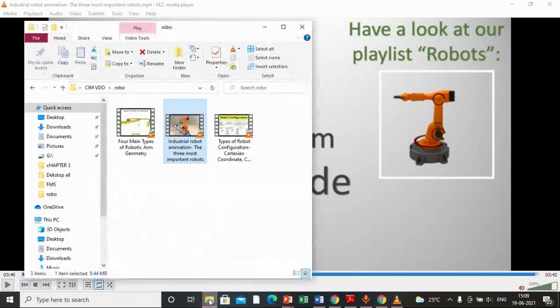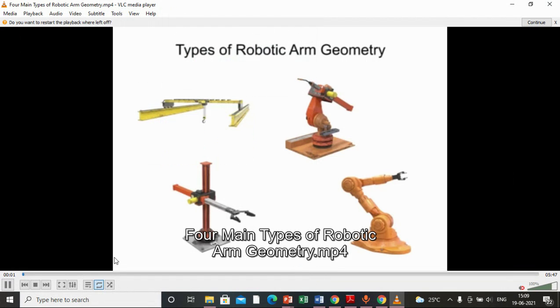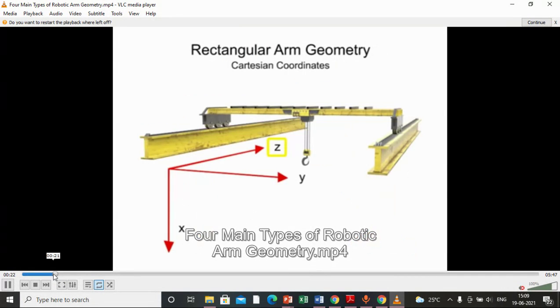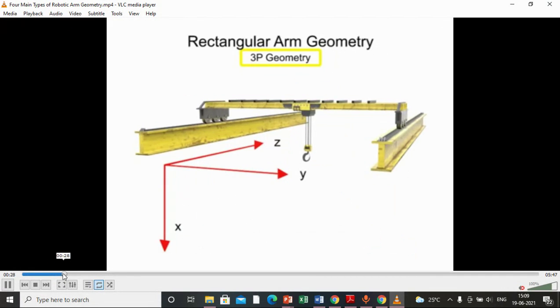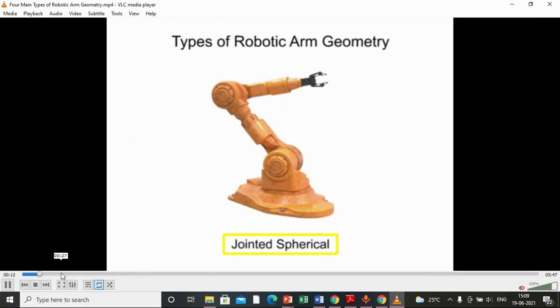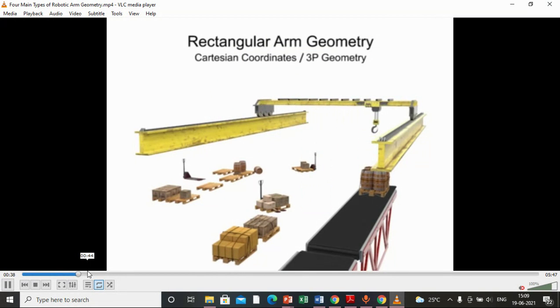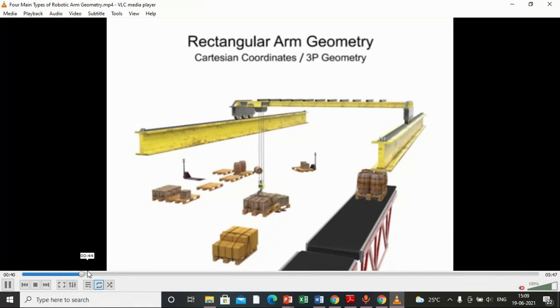Now further applications I'm going to show you. Here you can see the pick and place, a kind of rectangular arm geometry.